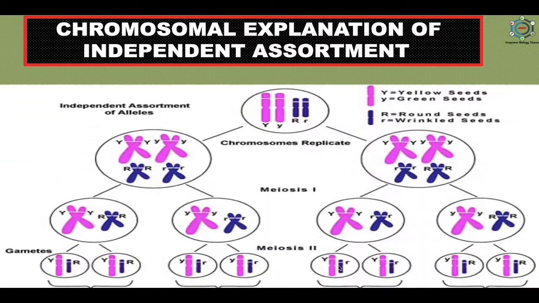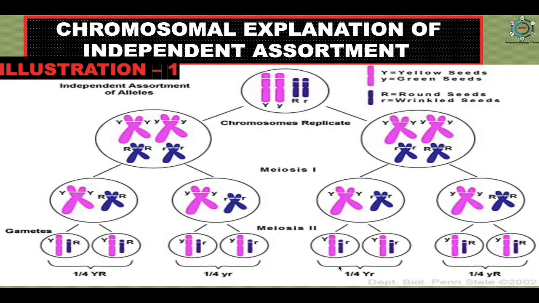So there are two illustrations. In the first illustration, you can see a dihybrid cross between a pea plant of yellow and round seed and another pea plant of green and wrinkled seed. Here the segregation of alleles and formation of gametes occur. After this, it shows the two possible ways in which the two replicated synapsed homologous chromosomes segregate in the metaphase of meiosis first for the F2 generation.